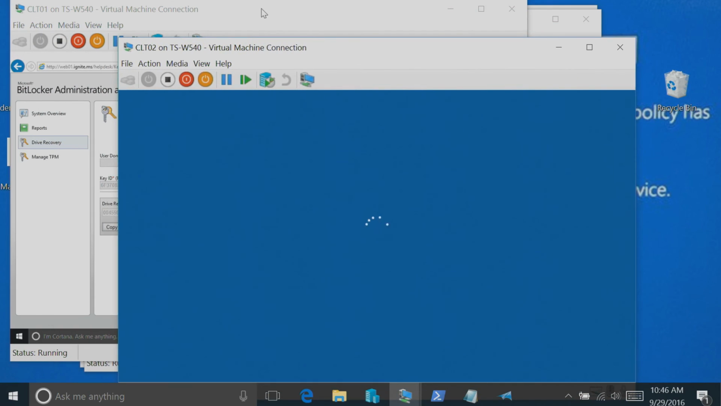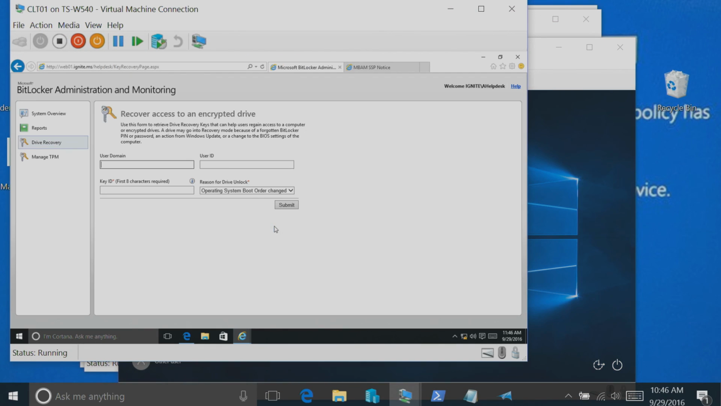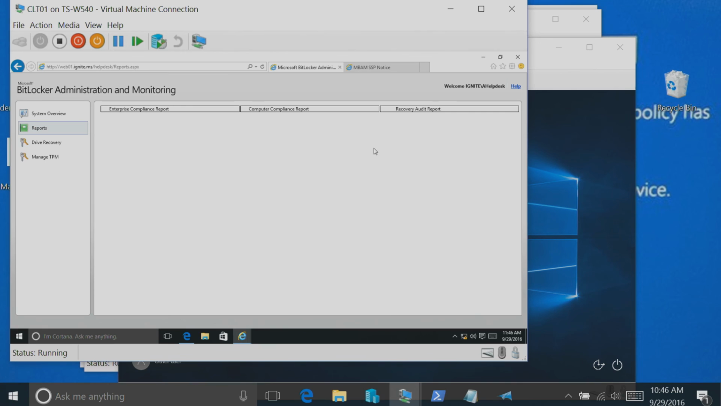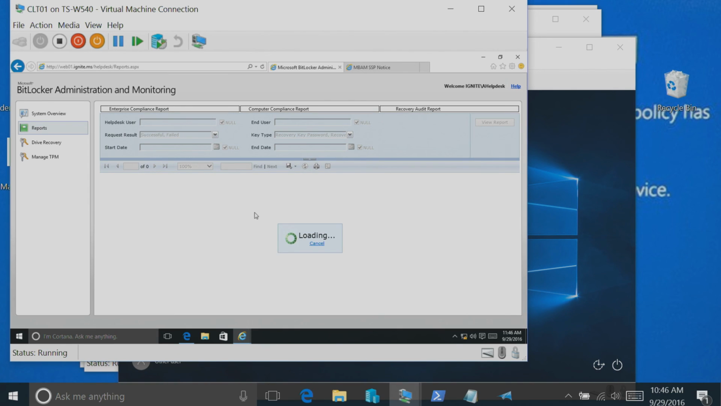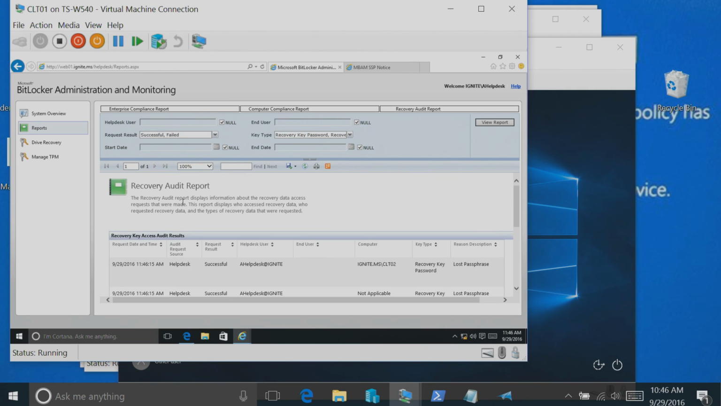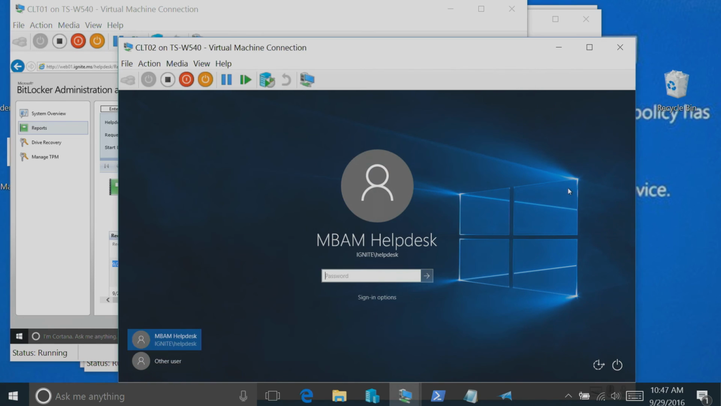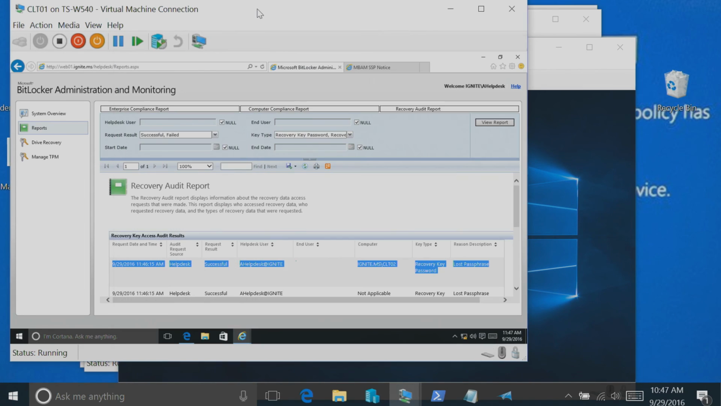Okay. So that was me getting a recovery key, and I'm going to say done over here. And then I'm going to go over here and look at my reports. And there you go. There's my entry. So, cool. Passwords are really hard for this. So,